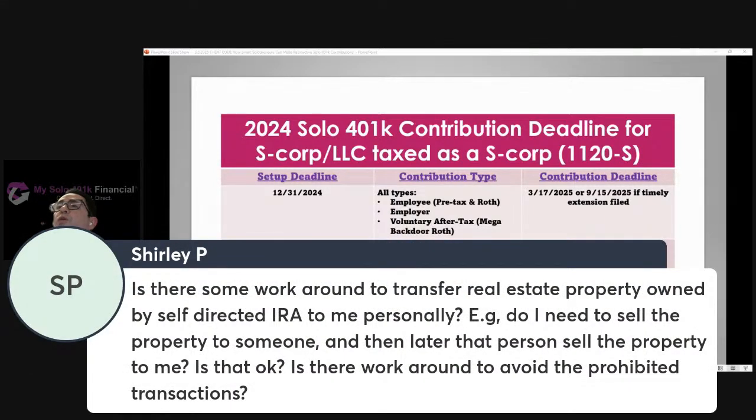Now, the follow-up question is, there is some workaround to transfer real estate property owned by the self-directed IRA to me personally. Do I need to sell the property to someone and later that person sells the property to me? Is there some workaround to avoid the prohibited transactions? So